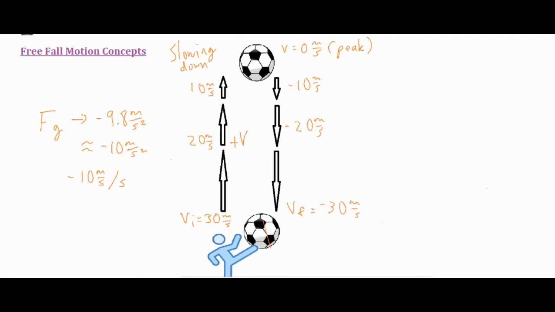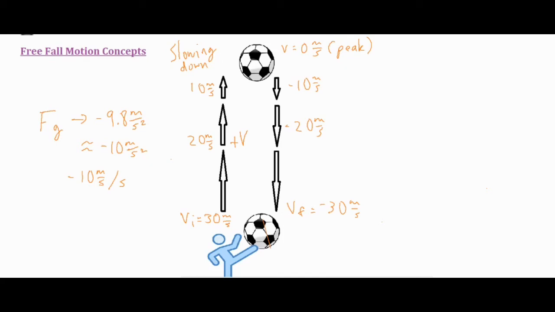It's a common misconception that the ball might speed up for a little bit and then start to slow down. The only time it would speed up, though, is when it's in contact with that soccer player's foot. So once it's in contact with the foot, it is able to speed up, and then as soon as it leaves the foot and is only under the influence of gravity, it is slowing down the entire time it's rising